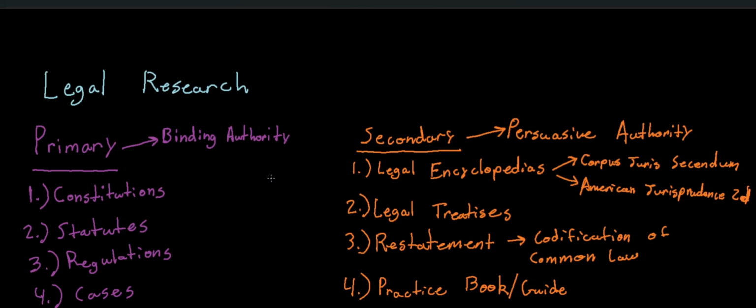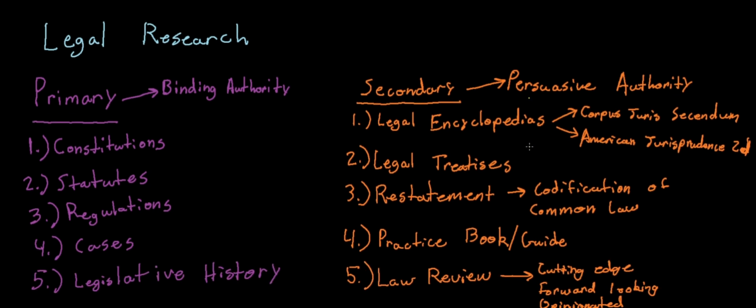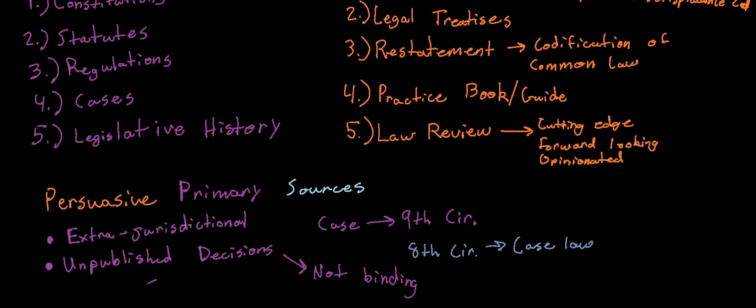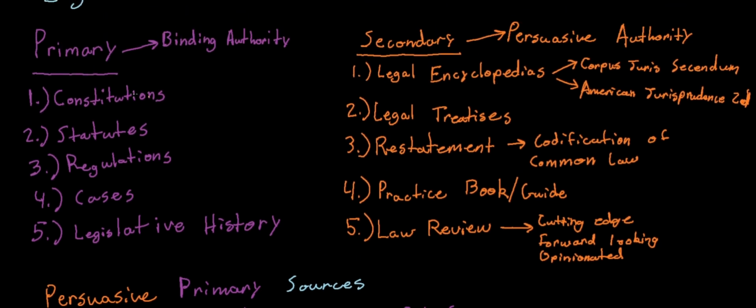In the last video, we talked about legal research and primary and secondary sources. Primary sources mainly being what we would call binding authority, whereas secondary sources are primarily persuasive authority. But there are situations in which a primary source can be only persuasive and not binding. We also talked about the various types of primary sources and the various types of secondary sources that are commonly seen. And now we are going to talk about